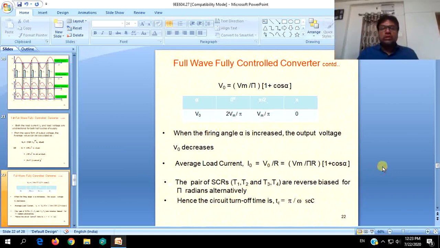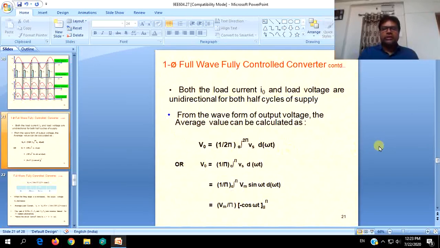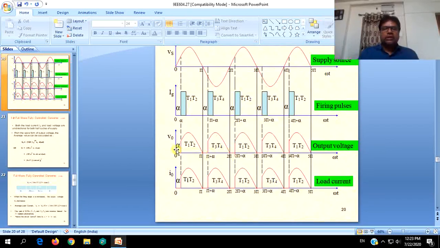So that is how the conversion varies with varying firing angle. More firing angle, less average voltage and current you will get. Obviously, from the waveforms you can understand that if alpha is more, conduction will be less and the average value will decrease. There will also be certain limits for this firing angle for practical operations. They are not in the scope of this discussion. Let us discuss them when time permits in the next sessions.